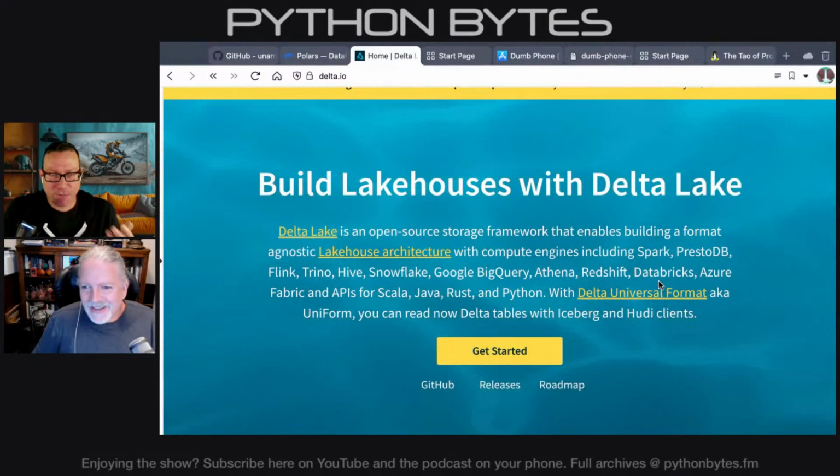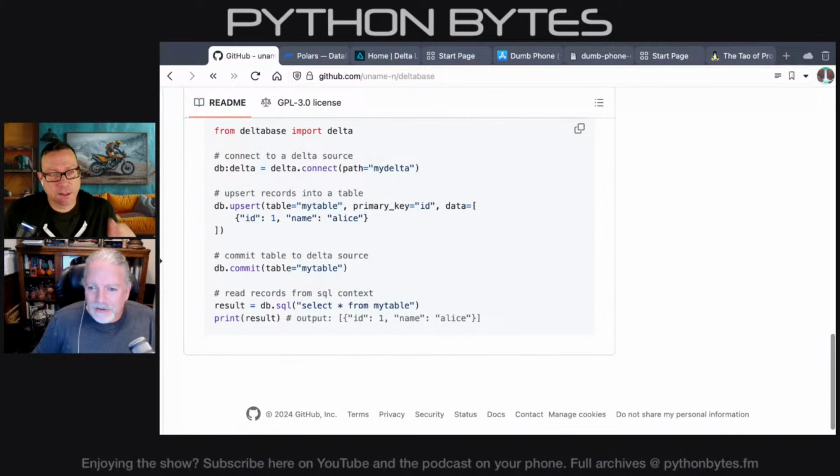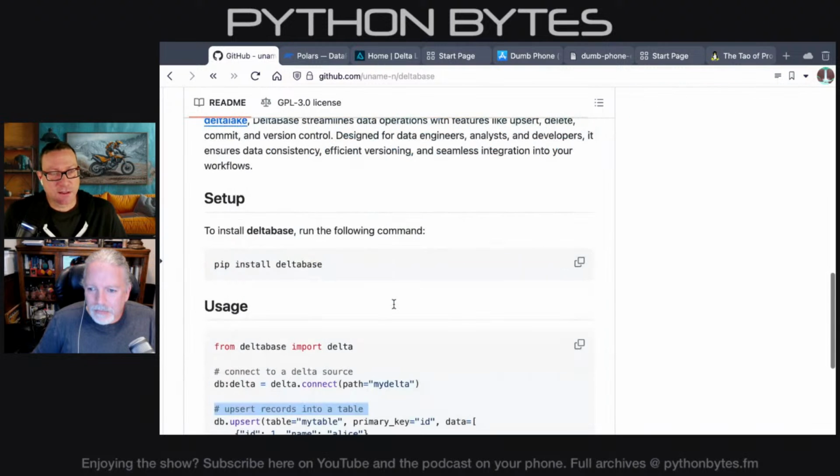This is a format that allows you to talk with computational engines such as Spark, Hive, Snowflake, but also things like DuckDB and others, and you can just point it at a local file. You don't even have to have a server. So this is a pretty cool looking library that is optimized for doing upserts and all sorts of things like that, efficient versioning and so on.